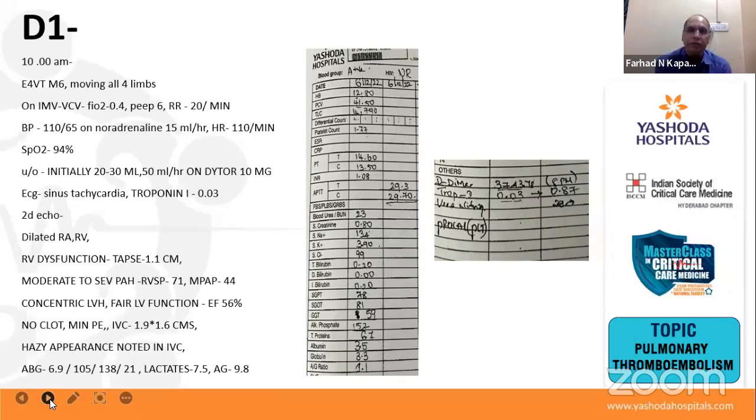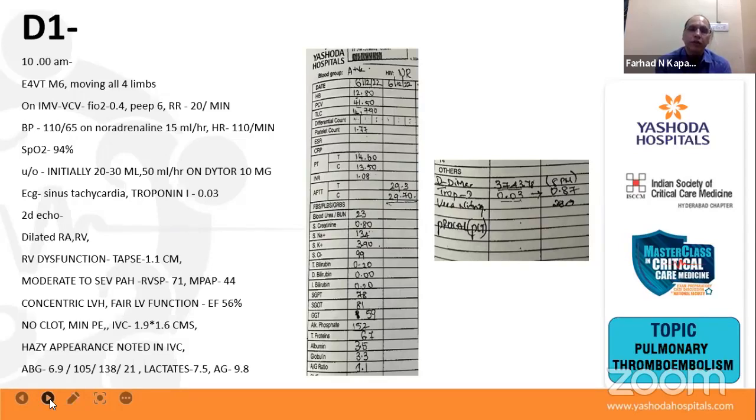Okay, so putting everything together, this person almost certainly has some prior cor pulmonale, and that makes diagnosis very difficult. RA-RV dilatation is very useful if you know that the RA-RV was normal before, the pulmonary artery pressure was normal before, and the lung was normal before. But in the presence of a chronic illness, it's difficult to say if this is representing the chronic illness or a new pulmonary embolus. Both remain possible. Continue.